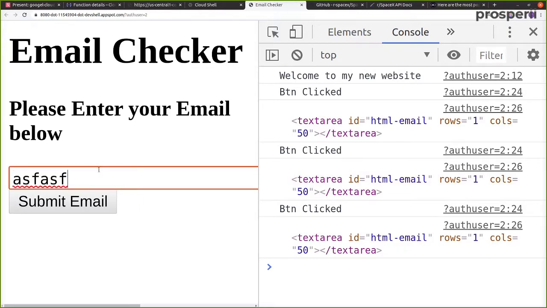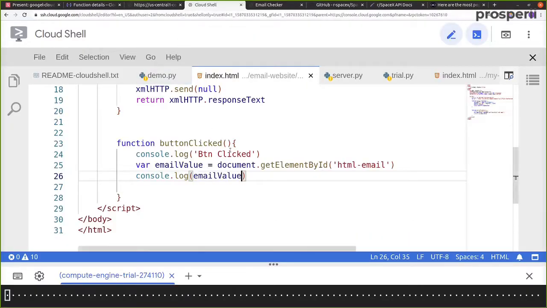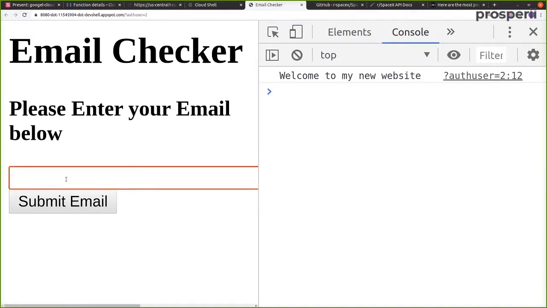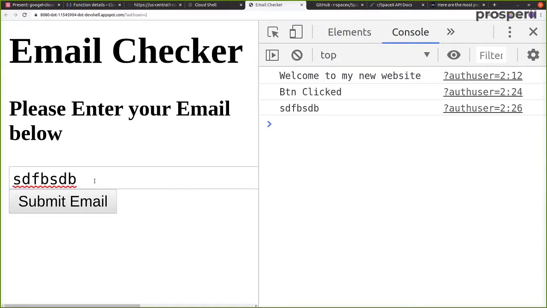Okay, so now to get the value of some content inside this particular text area, now we want to use a new method called dot value. So over here we have dot value. Okay, so now let's again go back. Let's click refresh and let's type in something and let's click enter. So over here the value that we are entering is displayed over here.